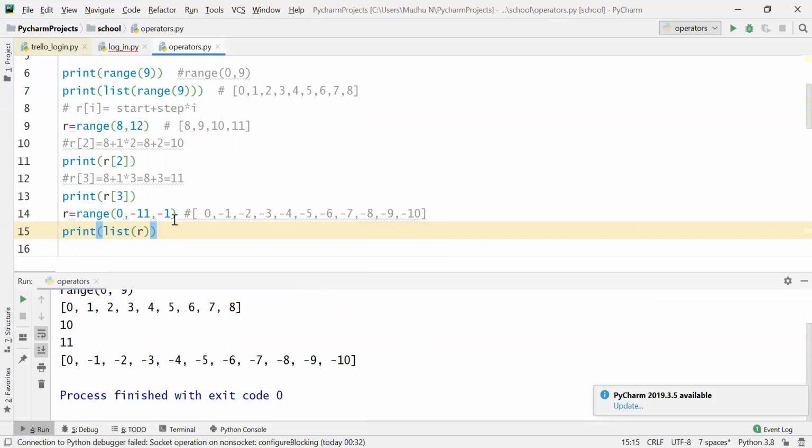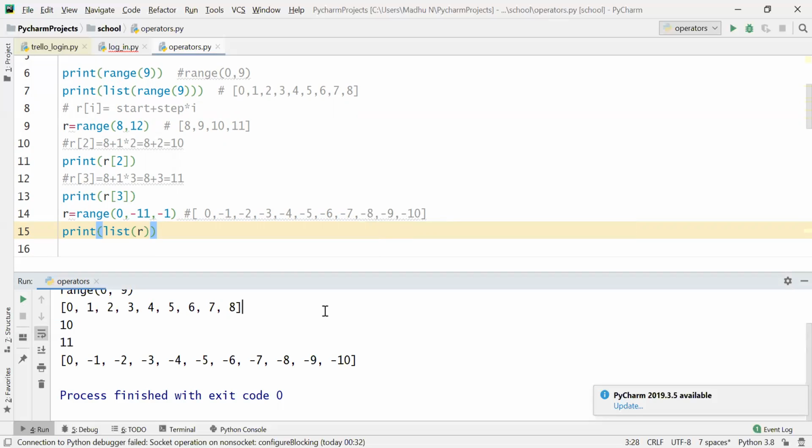Correct? Until -11 means till -10 it will be in the contents. -11 is not included. So whatever number you write here as the stop, that will not be included in the list. That you have to remember.